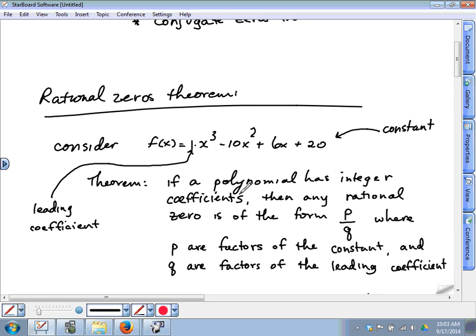Integer is just a number, like 2 or negative 10. A whole number really is what an integer is. So if a polynomial has integer coefficients, does this polynomial here have integer coefficients? Yes, it does. All of the coefficients are just whole numbers. There's no decimals or weird fractions. Then any rational zero is of the form p divided by q,